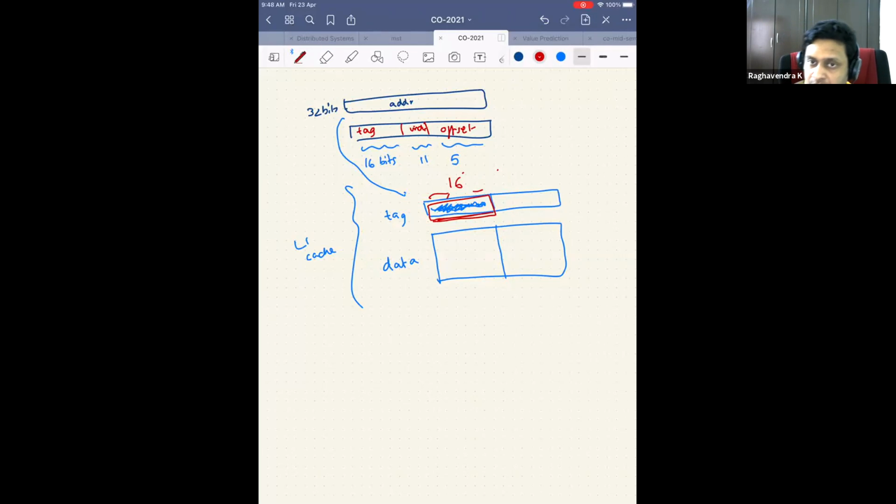Why do I not have to store the index or the offset? Because they are anyway part of the address. I anyway have the address with me. I use the index bits to come here, so I know that this particular entry already encodes the index bits in it. So I'll just compare these 16 bits with these 16 bits. After I compare, if it's a hit, then I will use the offset bits to search in any of these 32 bytes, right? So I don't have to store the 32 bits here. I just have to store only 16 bits here. Okay, so now this is done.